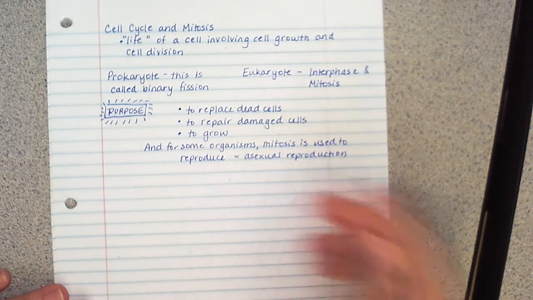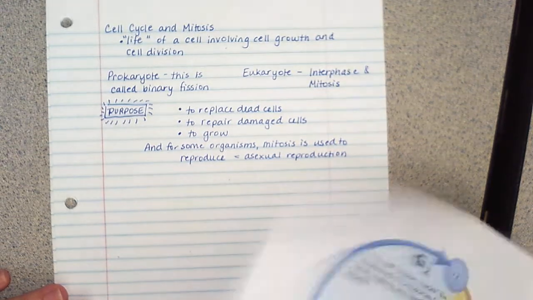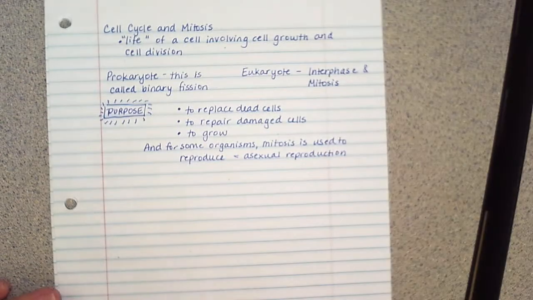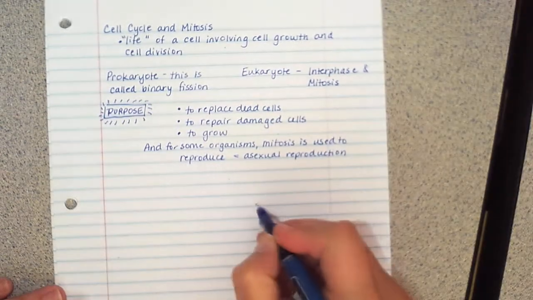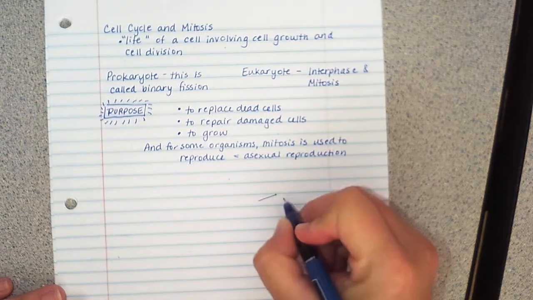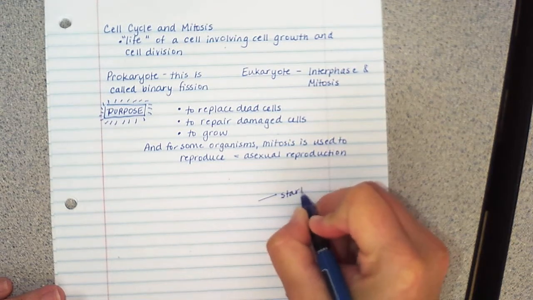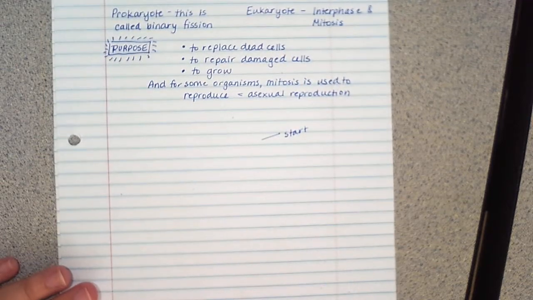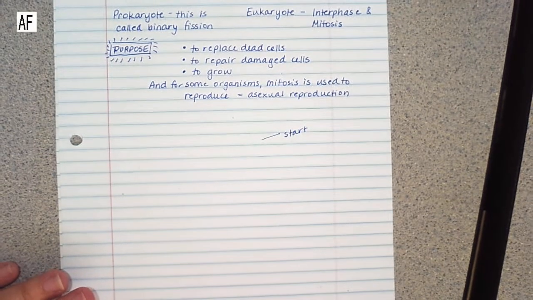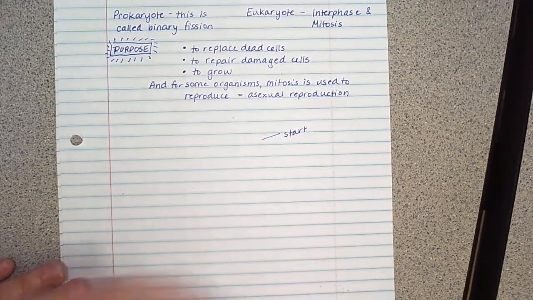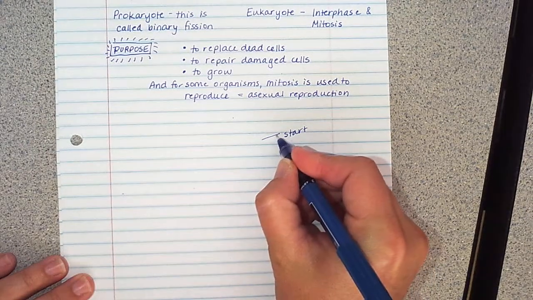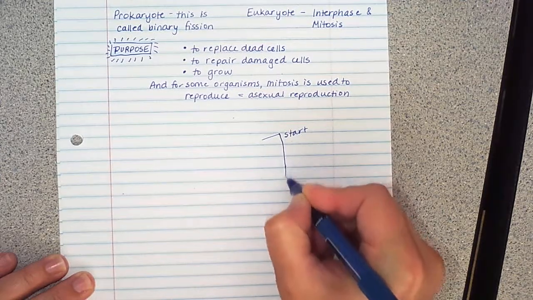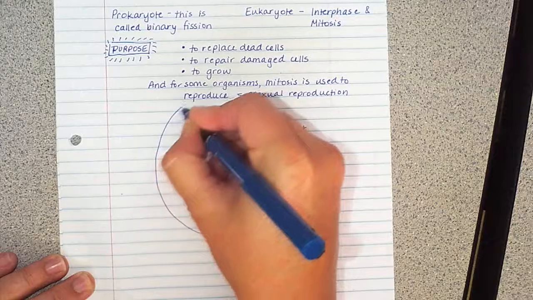Okay, so let's actually talk a little bit about the cell cycle. And so I'm going to draw a picture. Even though we have this picture that we can refer to quite often, I want to make sure that you have a picture of this in your notes and that you are kind of referring to that. So let's draw a line here that says start. I'll move my paper up a little bit so you can see, maybe even try to focus this a little bit better. And then we're going to draw a big pie chart pretty much. Please disregard my drawing abilities.